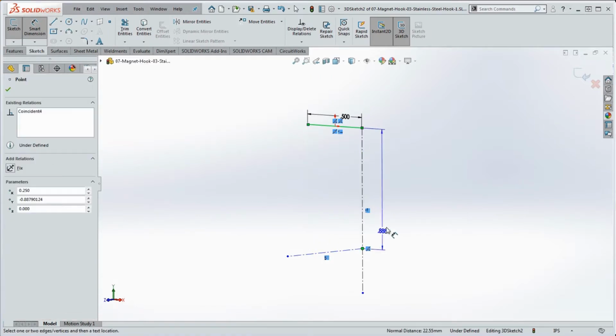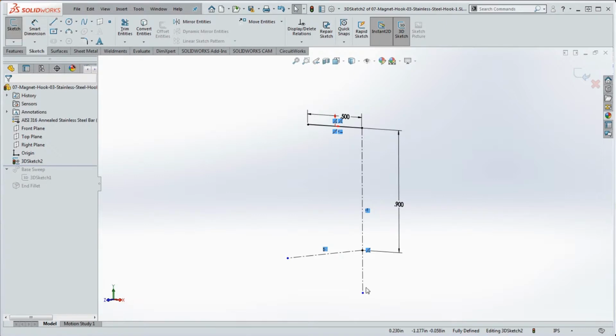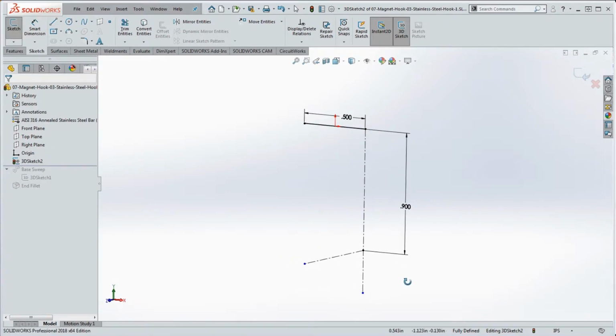But we can pick this point over here. And now we can make that 0.9. So far everything's black except for the two endpoints of these center lines. And now we can move on a little bit. So the next thing we want to do is put